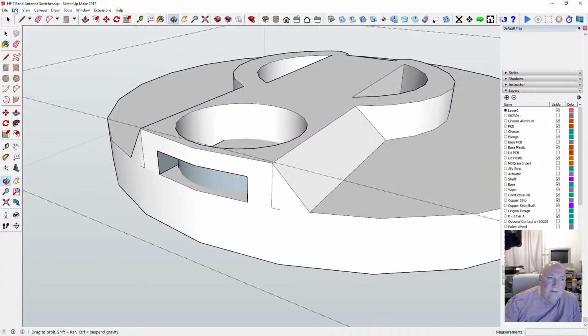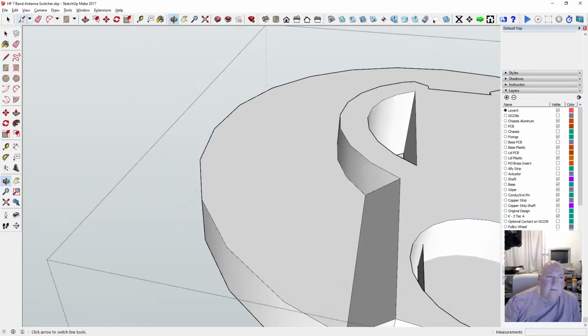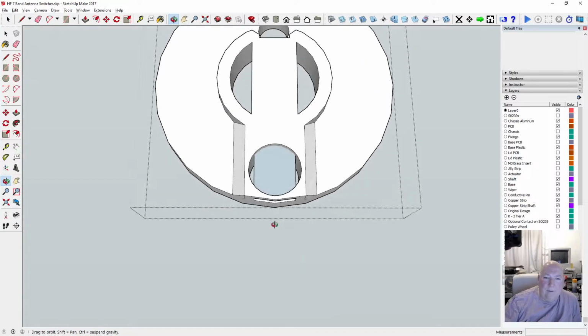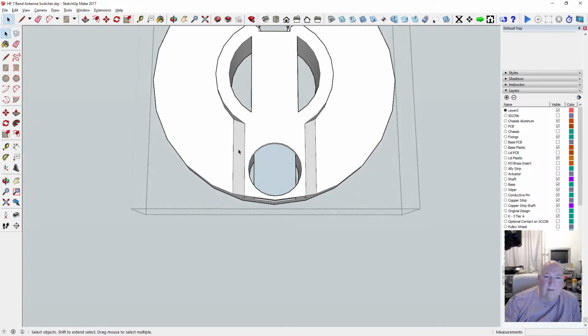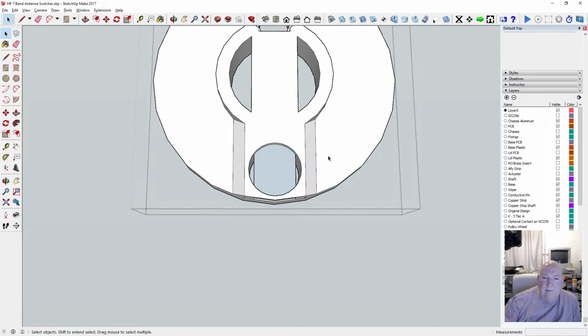No, don't want to do that. So we need to intersect the faces with the model. Right. Alright, let's try and intersect those faces with the model. Let's try again. Intersect the faces with the model.